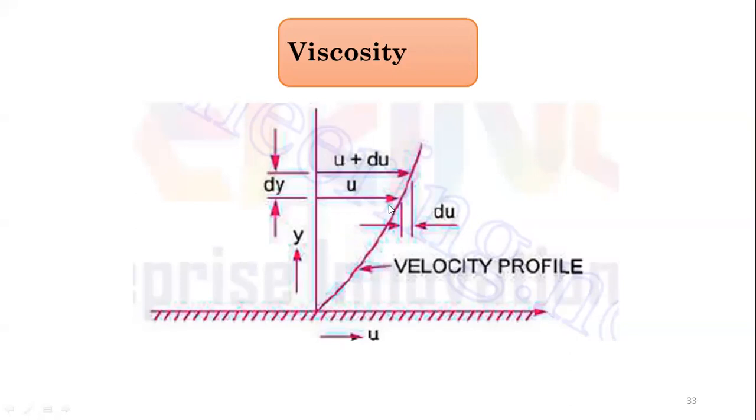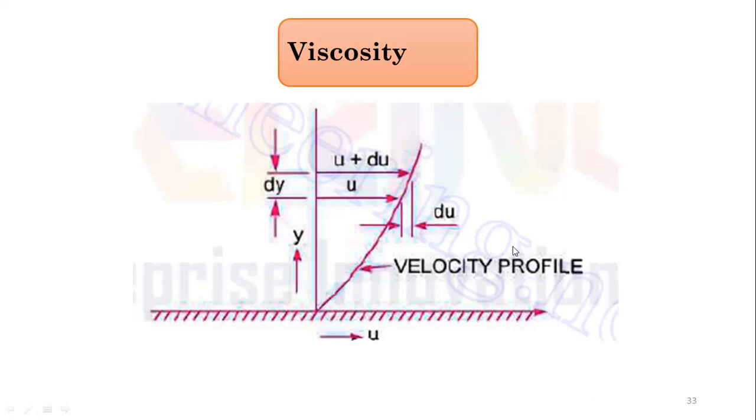So there will be some loss of the velocity, similar to friction loss, some loss will be there here. So as you go to the top layers, from down to up, the velocity of the different layers of the fluid will increase. The velocity profile for a flowing fluid will always be like this: 0 at the initial, where it is touching your pipe or some plate, and it will be increasing up to the top layer of the fluid.